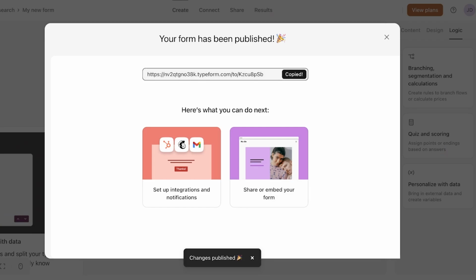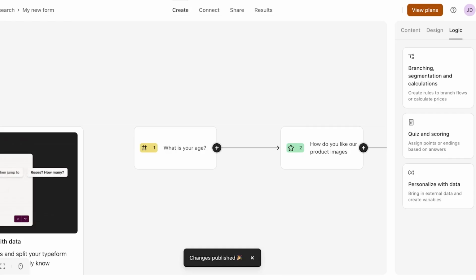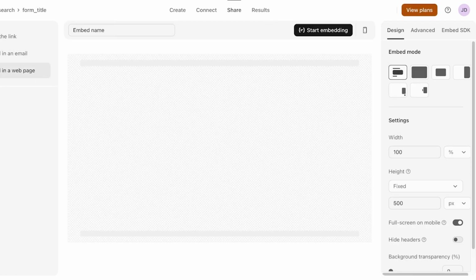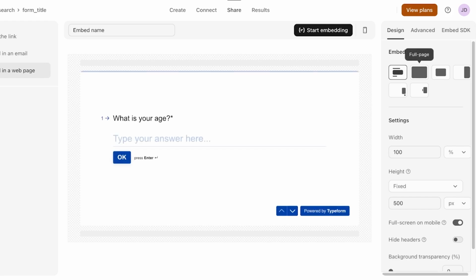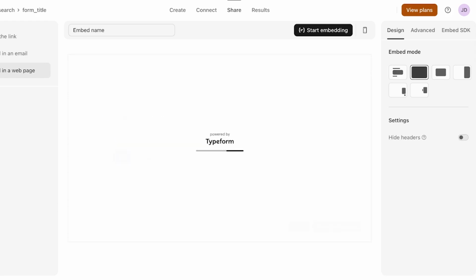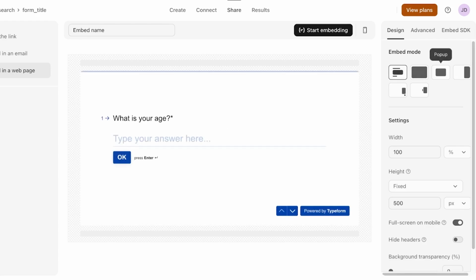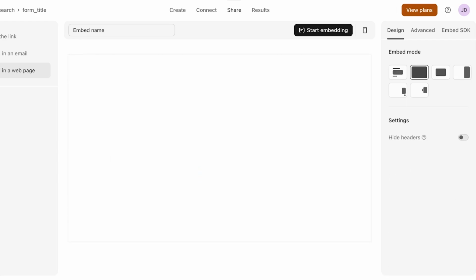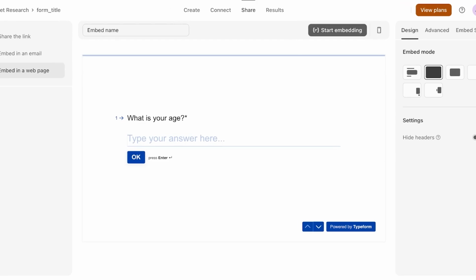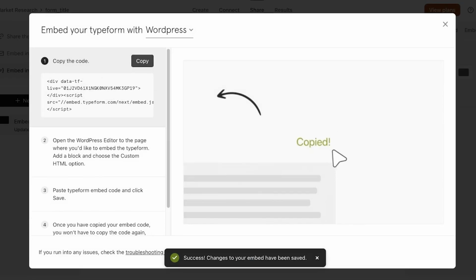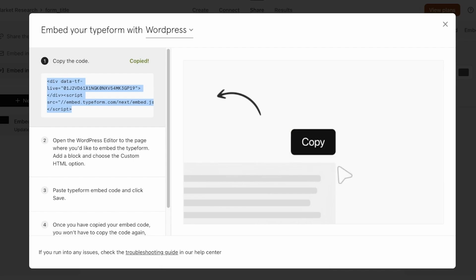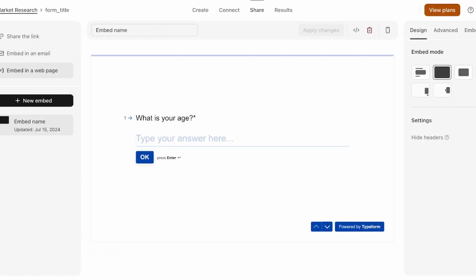Now you can just click on copy and add this link, or you can even click on share on the top right on Typeform and you will have the option to embed in a web page. Now, you can choose the way that you want to embed this, whether you want a full page, whether you want this to be embedded as a pop-up as well. So once you choose your embedding style, you can just click on start embedding and you will get a shortcode and you can just copy and paste this shortcode into any drag and drop editor that you are building your